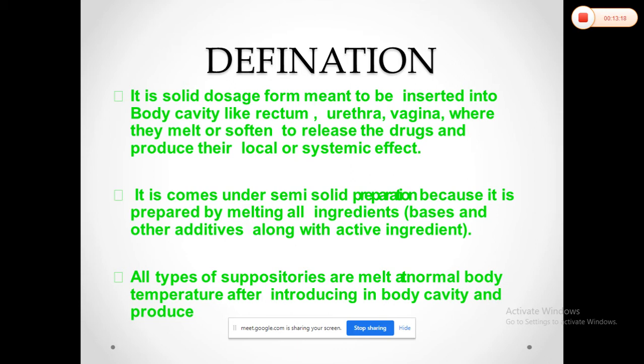Consider the anatomy of the rectum, as a simple example. The rectum is a hollow organ that mostly comprises the last portion of our large intestine, which is about 12 to 18 centimeters in length. So we can say it is the terminal part of the large intestine. As compared to the other parts, the fluid availability in that particular region is low, along with the pH of that region, because that can affect your drug delivery.